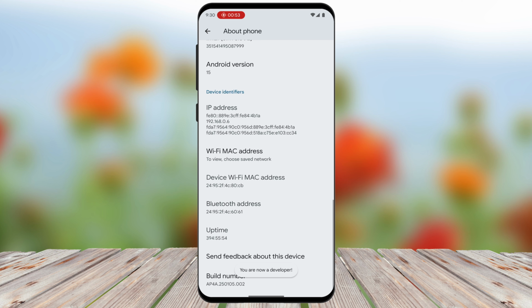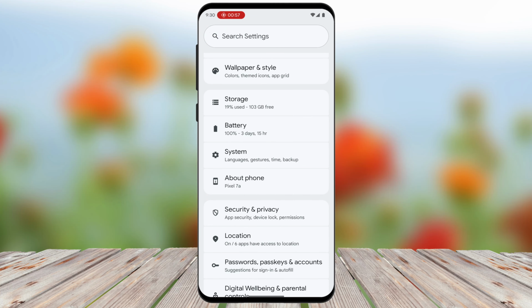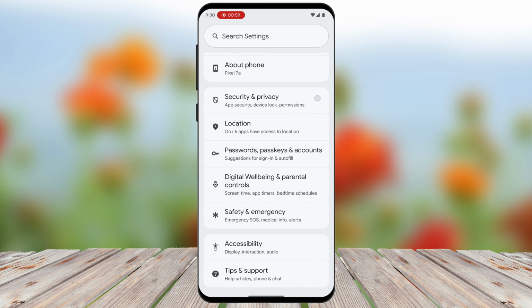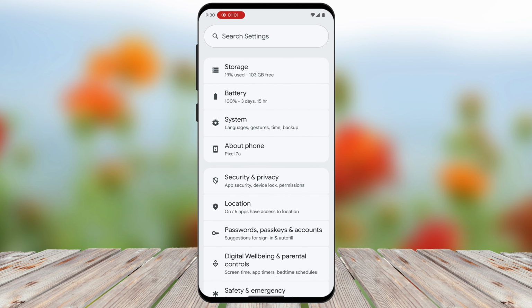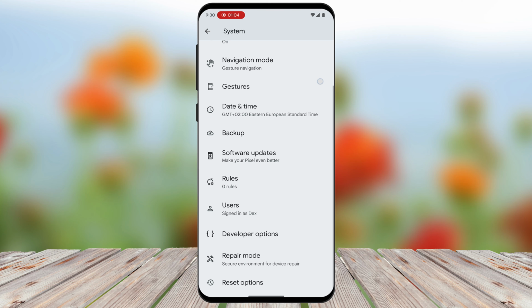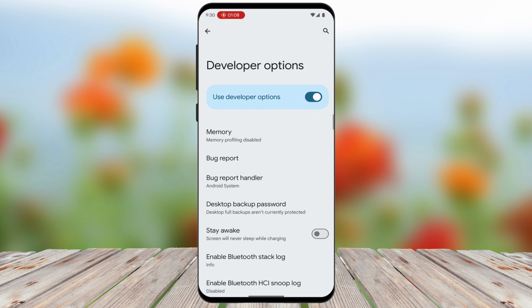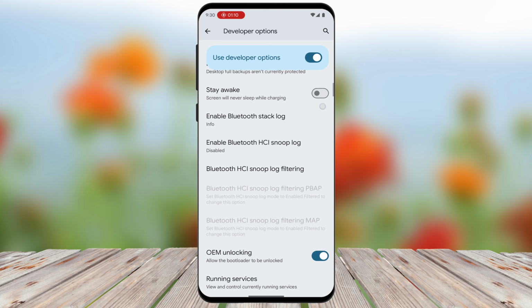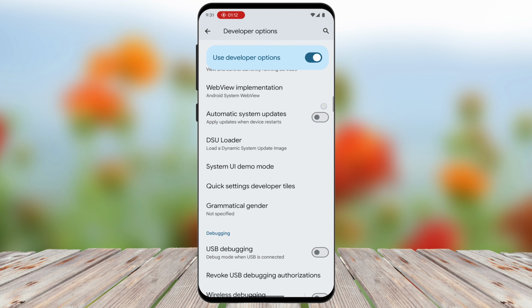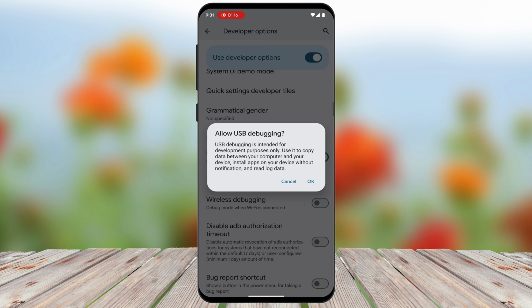After enabling Developer Mode, go back to the main settings menu and scroll down to find a new section called Developer Options. If it's not visible, you may need to check under System and then tap Developer Options, depending on your phone model. Inside Developer Options, you'll find a wide range of advanced settings, including USB debugging, OEM unlocking, animation speed controls, and